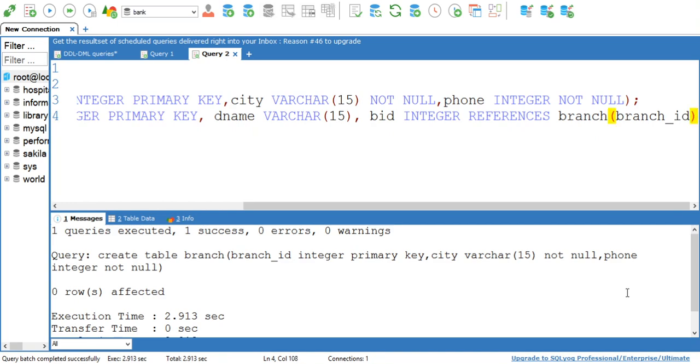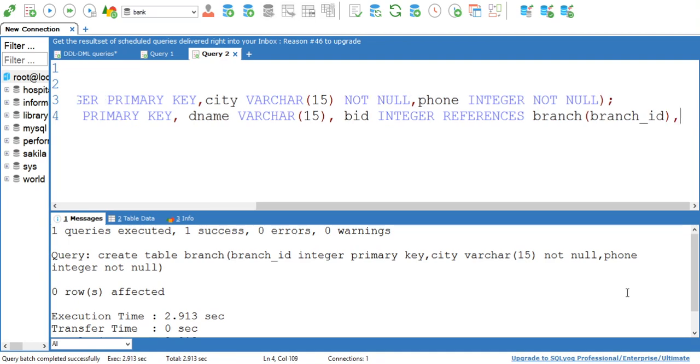Okay, so this is how you can mention foreign key. See, here is the definition of foreign key. I have one common attribute between both the tables. In the branch table, I have branch ID, which is a primary key. In the depositor table, I have branch ID, that is the BID attribute, which is a simple attribute. By using this common attribute, we can link two tables. So I have simply written BID integer in the depositor table, and this BID is referencing the branch table, and in that branch table, it is referencing the branch ID attribute. This is how we can apply foreign key constraint.